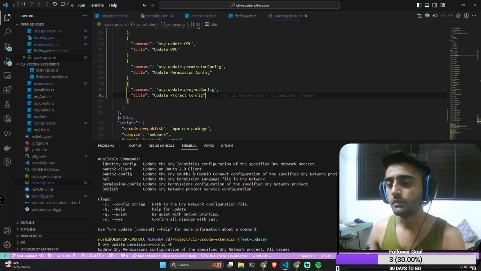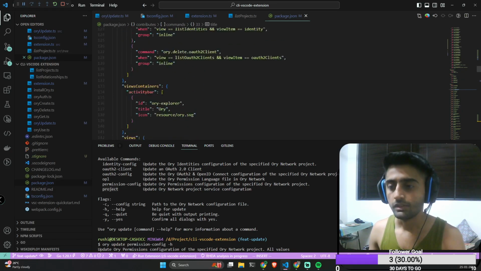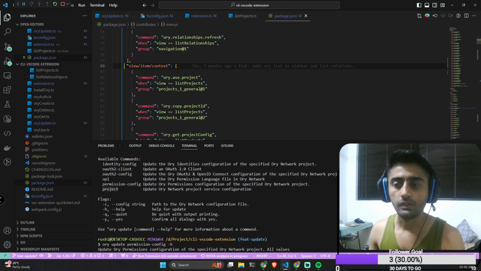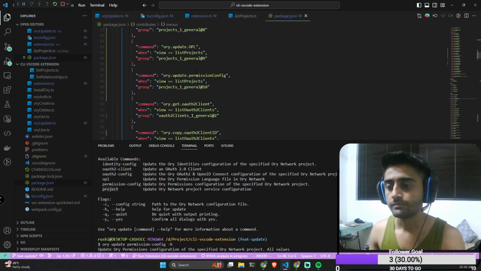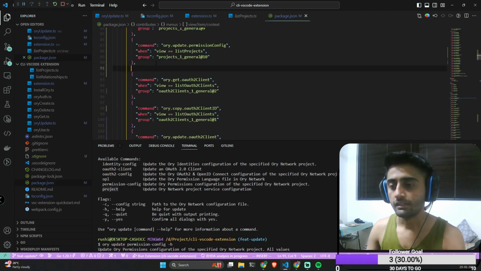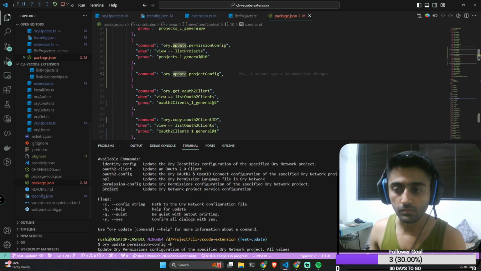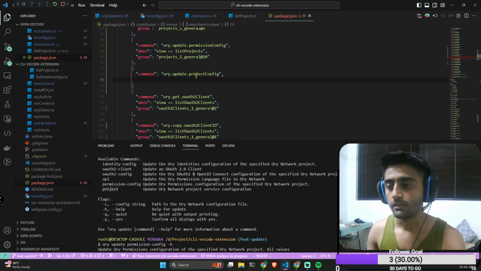For that I have to go to the view section of this, which is context view, I think so. Yes, view item context, which comes in menu section. Okay, so in that I will add command which we have copied earlier. So this command will map to the command section below command section, which we have first written. Okay, then